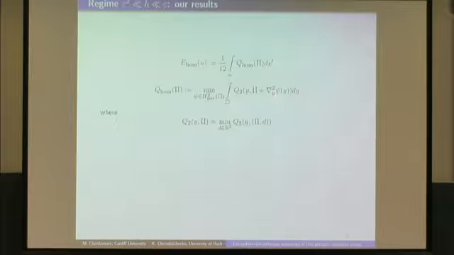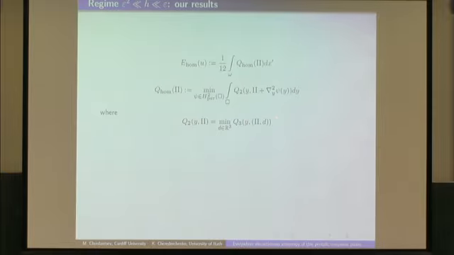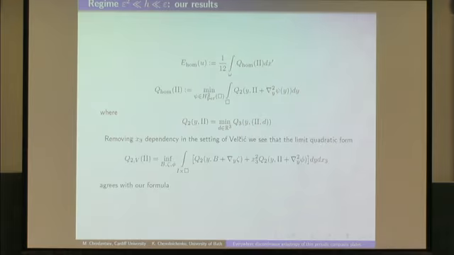Now, you see here this second gradient appears exactly due to this modification technique, and the existence of the second gradient for the modified surface. Okay, and the Q2 here is just obtained by dimension reduction from the form Q3, which is in the Taylor expansion of the stored energy function W.